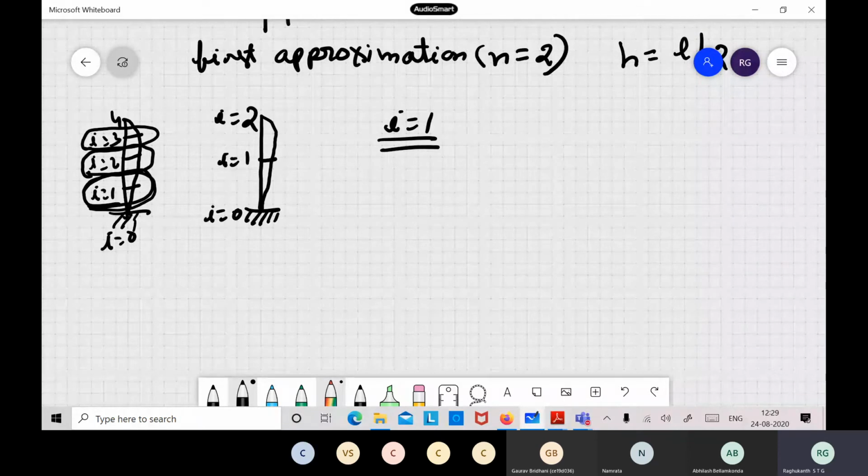Interpolation. How do you interpolate? We make an imaginary point beyond the boundary. So you have to make an imaginary point. Perfectly fine, so I have made an imaginary point here, and one more imaginary point here. Now what should I do? What should be the deflection profile, or what do I have to assume here?